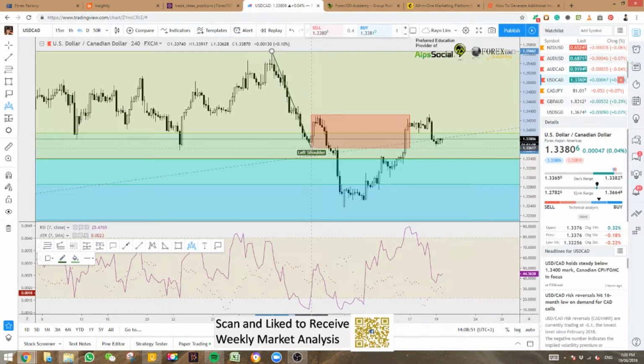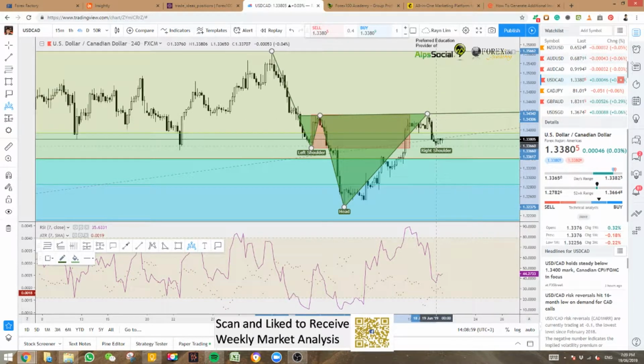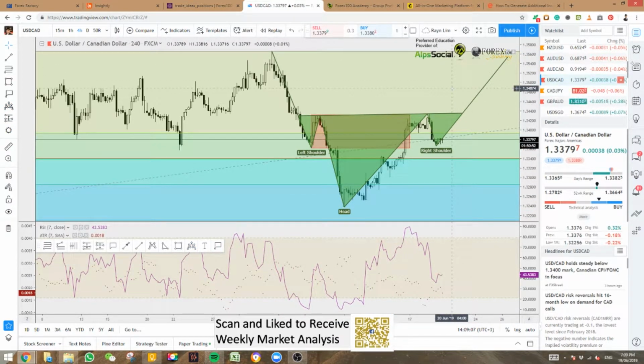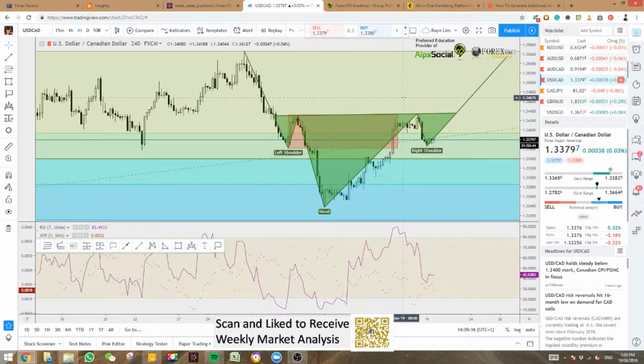X to A to B, B to C, CD completion. Your left shoulder, your head, and your right shoulder. All right, so traders, if this is something that is very close to you, you can trade it, but as per my head and shoulder rules, may or may not be the best setup, but the reward is great, so you can consider. Over here at the same time, we have an RSI divergence as well. Take note. To the 1-hour chart,